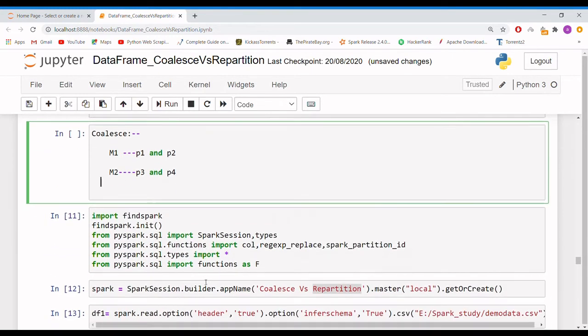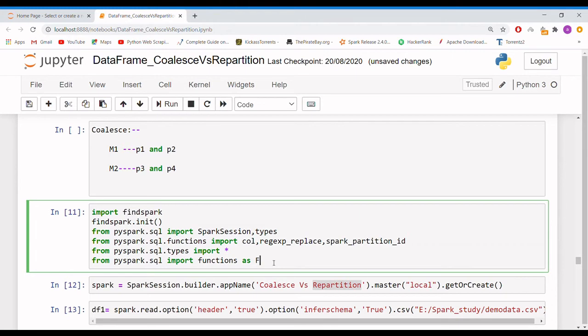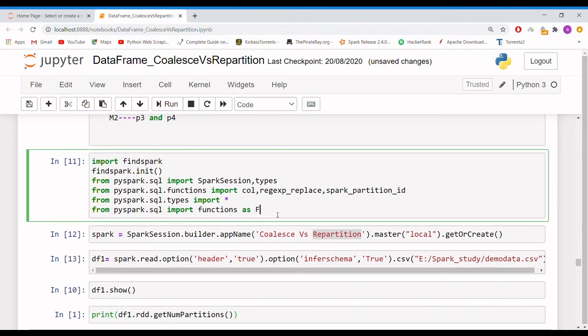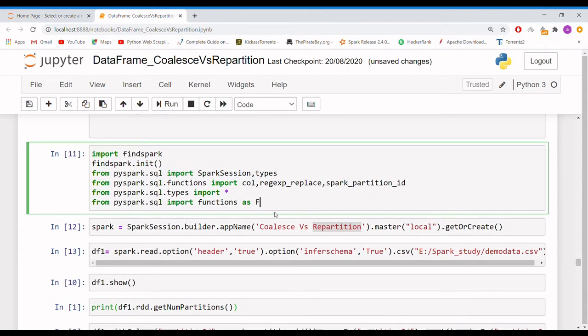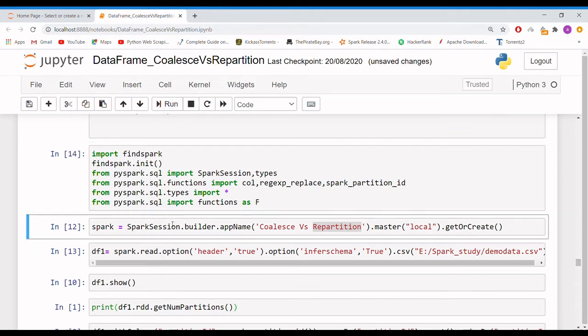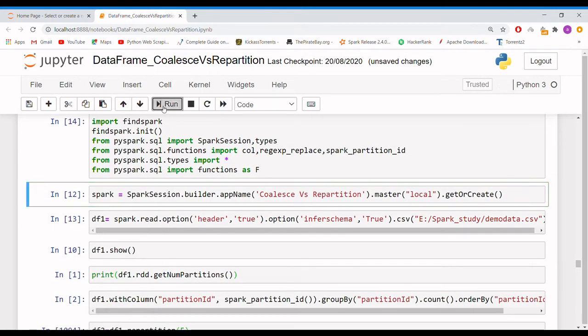Now we'll see this in a programmatic way. We'll also see how many records are there in each partition. First we have to import the packages, and the main function which we require here is spark_partition_id, which is inside pyspark.sql.functions. First import this. Now I am going to create a Spark session.